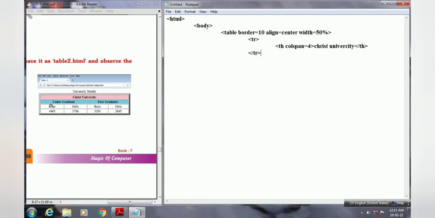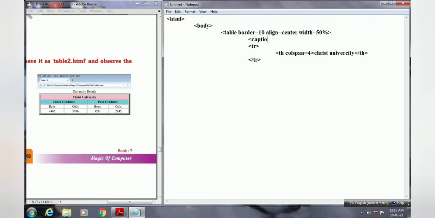This row we have created, but just see, here one more thing is written, University Details, that we forgot to write. So for that I am going to my opening table tag, pressing enter, and with the tab key I am coming here and using the caption tag. Which tag is there? Caption.